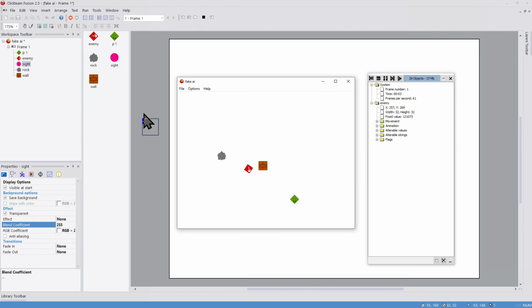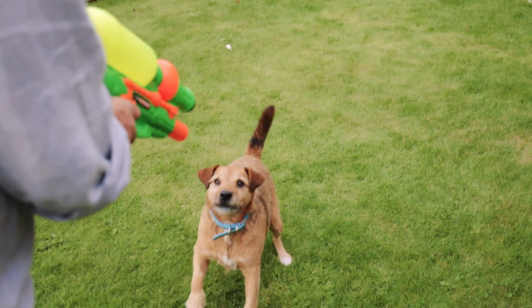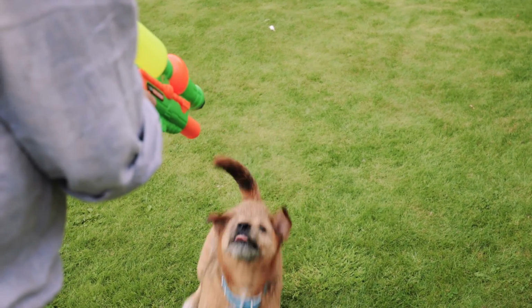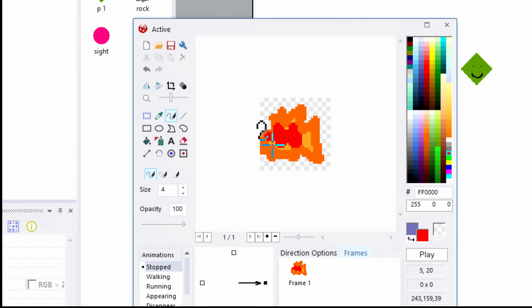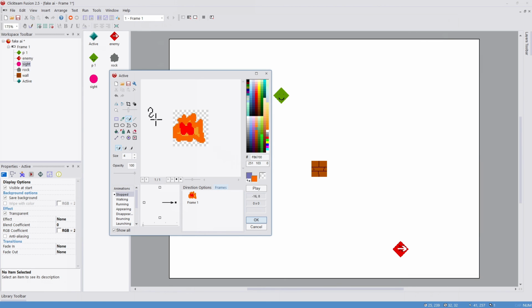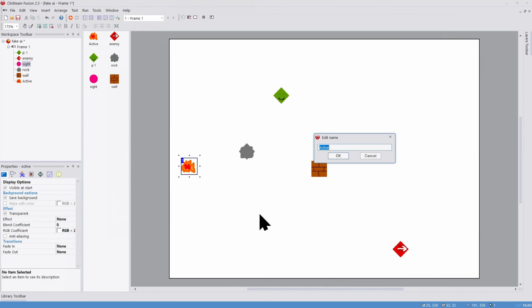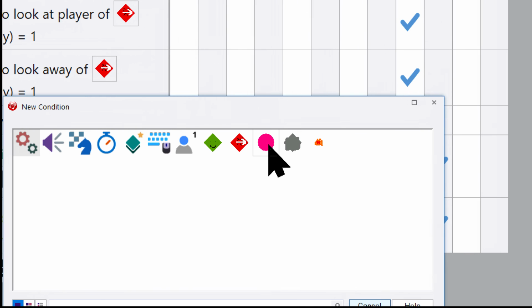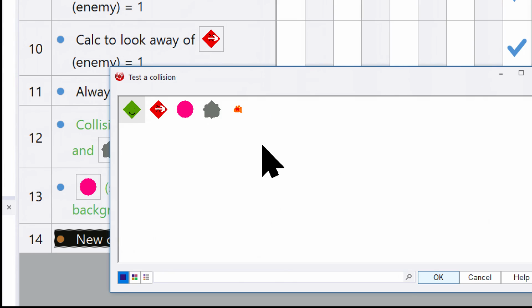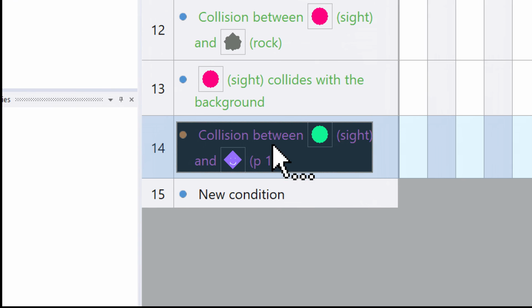Using this sight can also be a great way to trigger the enemy launching an object at the player. So if we add a new active object in, this will be the thing that the enemy fires. We'll call it enemy fire. Make it smaller. I'll position it off screen so it's out of the way. New condition that if the sight collides with another object, P1, it will run this condition, but that's too often. So I'm going to right click on the words and